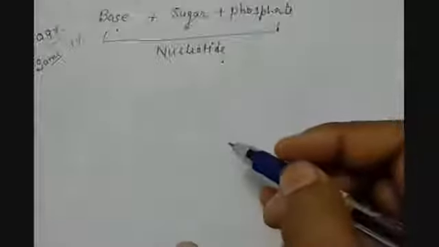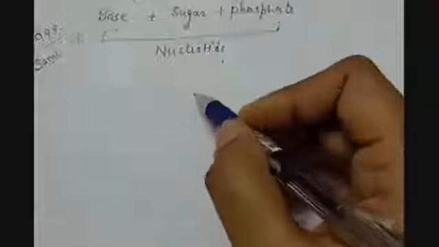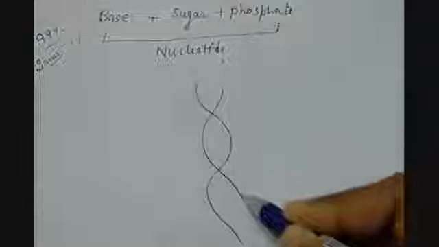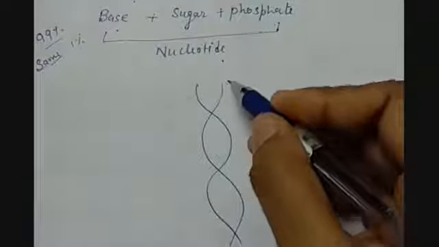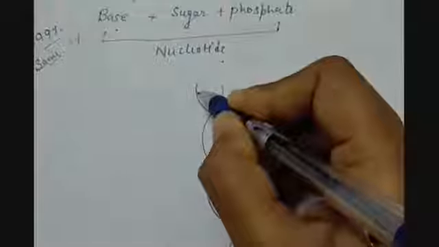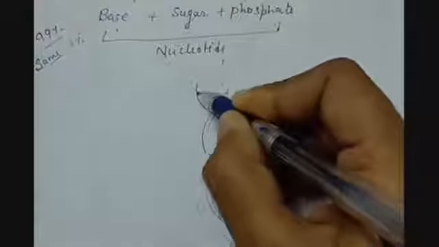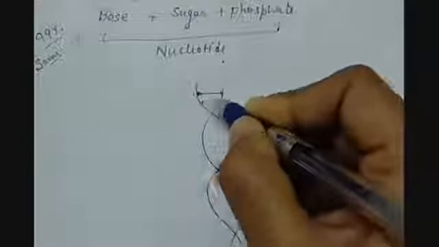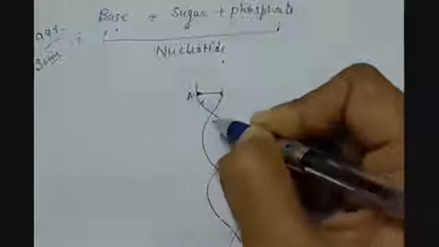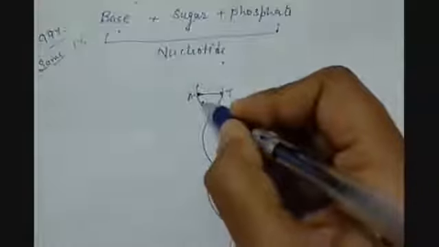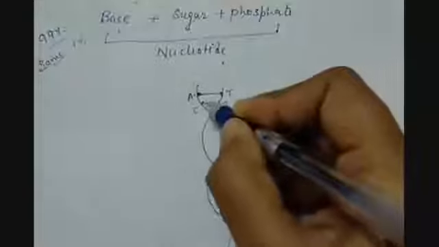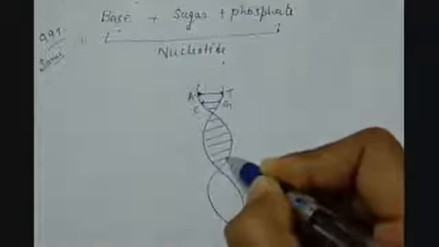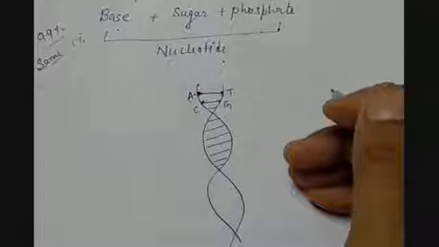If we talk of the structure of DNA, then DNA may be a two-strand structure, and in this two-strand design, here we will be having a pairing of the base pairs. For example, if here we have A, then here for sure will be T. If here we have C, then here we will have G. So in this fashion, they are arranged in a helical structure. This is how the DNA is formed.